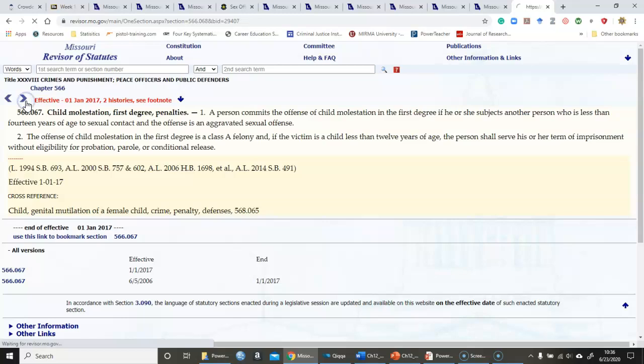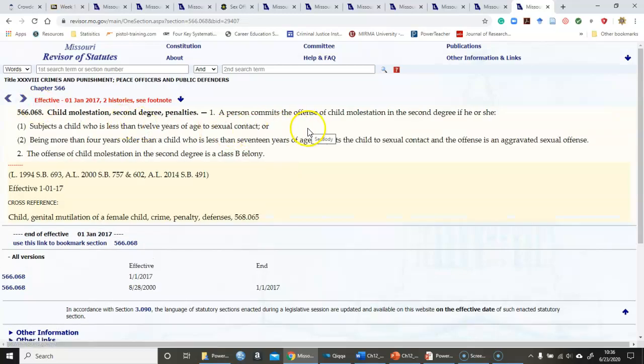As far as child molestation, second degree, a person commits the offense of child molestation in the second degree if he or she subjects a person who is less than 12 years of age to sexual conduct, being more than 4 years older than a child who is less than 17 years of age, subjects the child to sexual contact. And the offense is an aggravated sexual offense. So reading through those statutes,